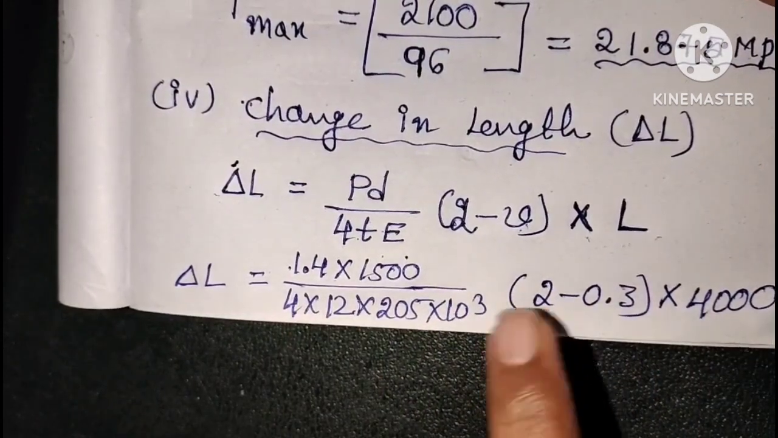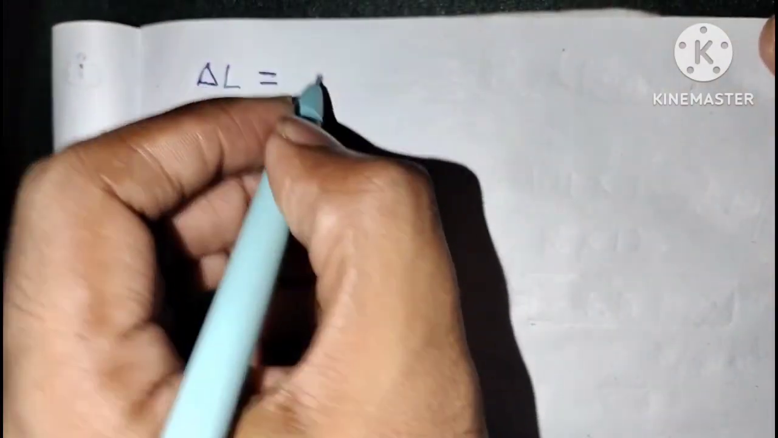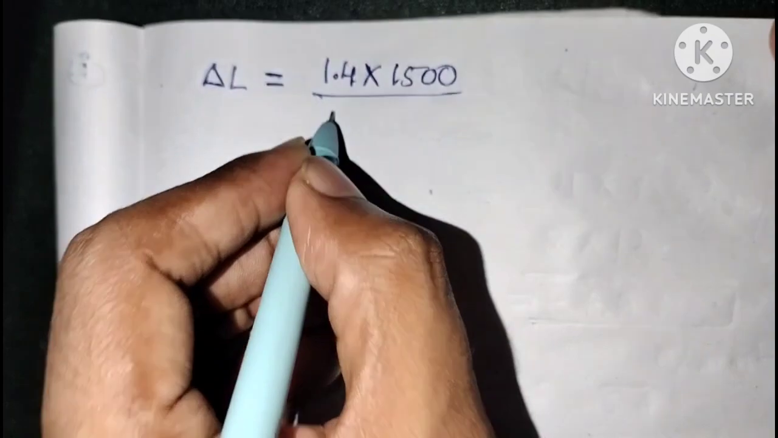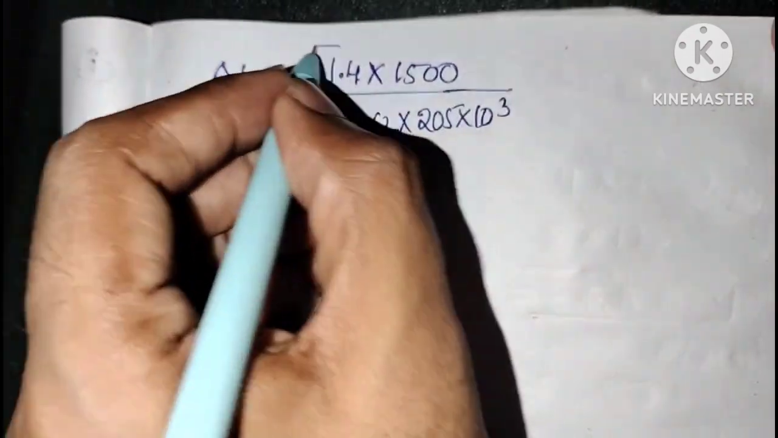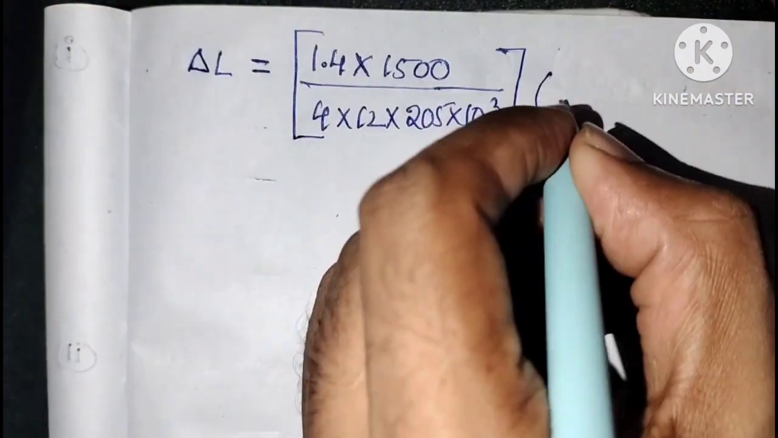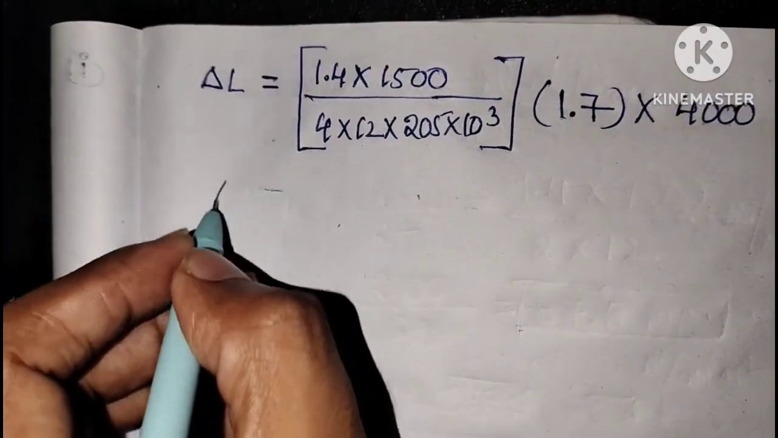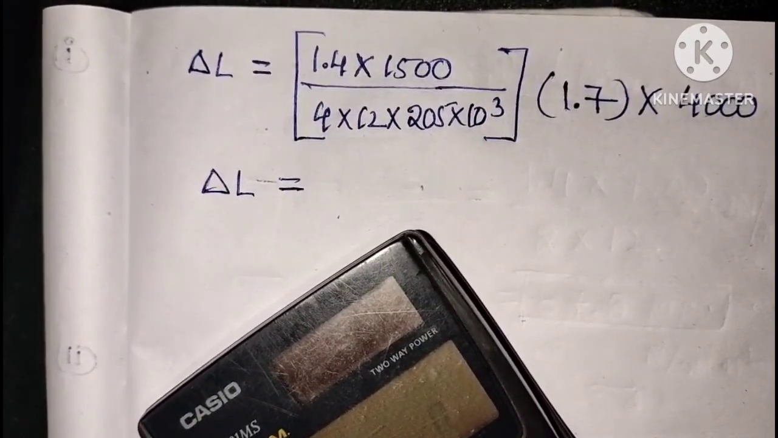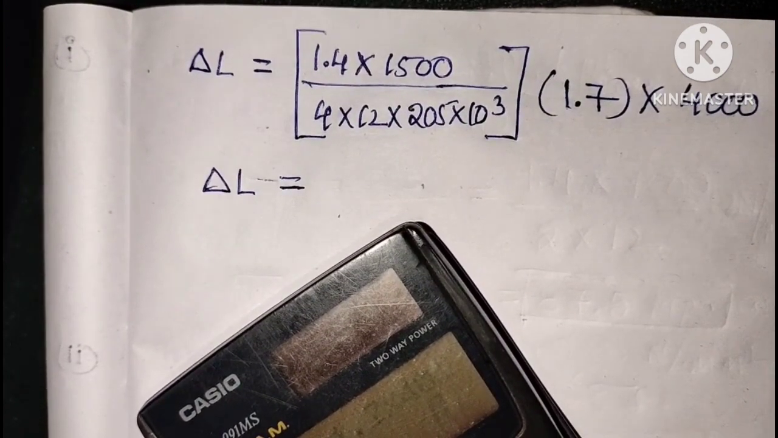Okay now, so let us calculate the value of this. Delta L is equal to 1.4 into 1500 by 4 into 12 into 205 into 10 cube. Okay now, PD by 4TE into 2 minus 0.3, 1.7 into, so length of the cylinder 4000. Okay now let us calculate numerator value. 1.4 into 1500 into 1.7 into 4000,